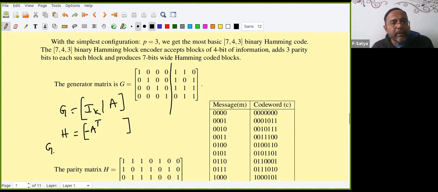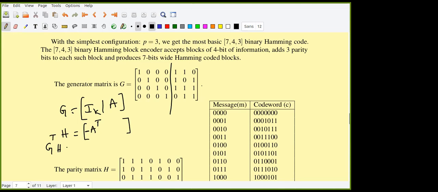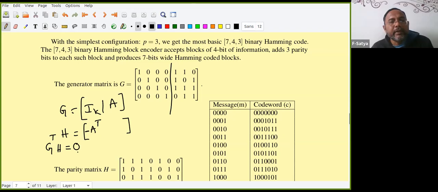You know that G into H is what? You remember that? G into H transpose is 0, the zero matrix. We observed it earlier, because all these are code words. All of G's rows are code words, so they become the null space here. Otherwise, you can multiply H into G transpose, whatever. So this is 0. That also helps you. I'm again giving the proof now, but the proof is the same thing. This is what I_K.